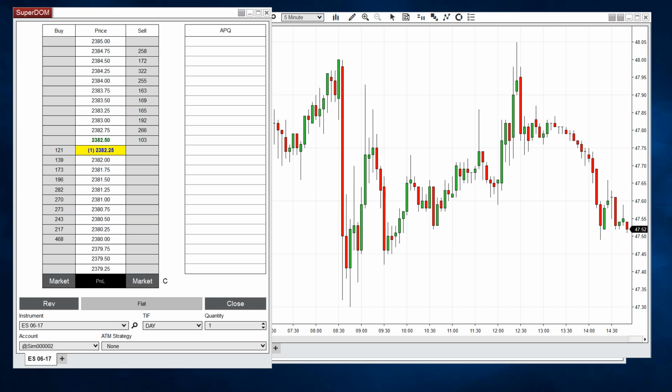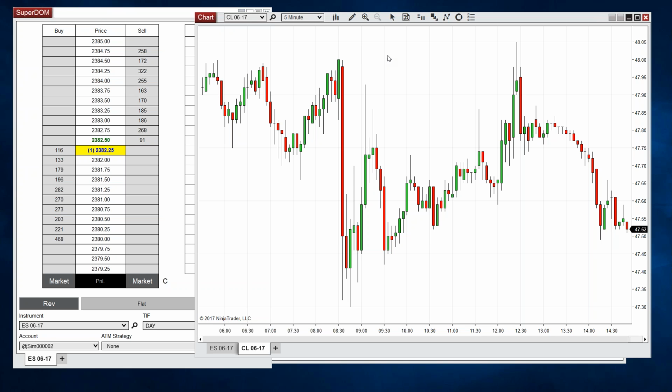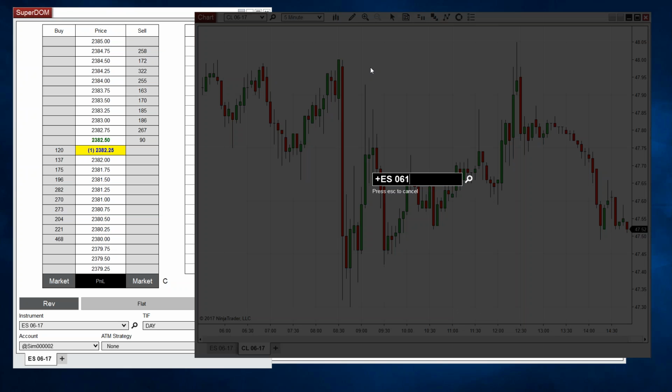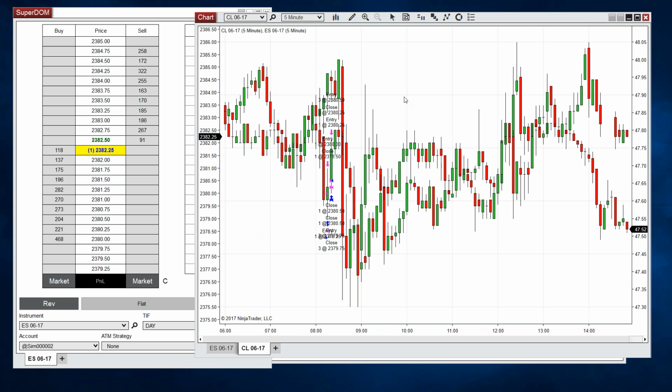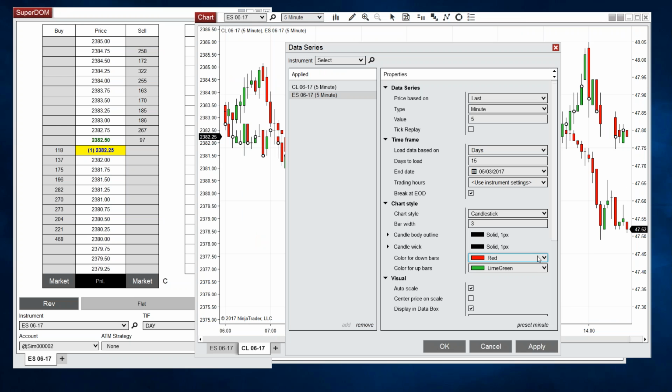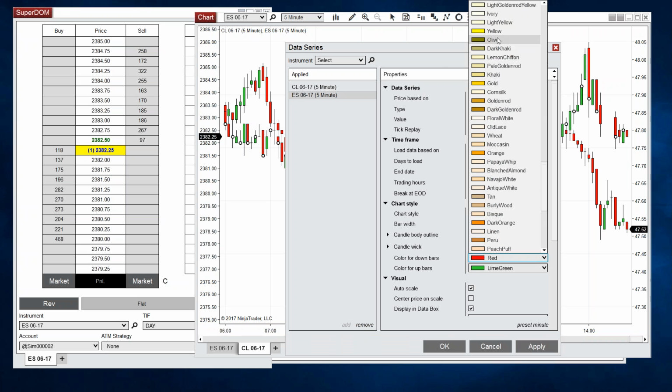When combining multiple data series in a panel, how can I choose which data series is overlaying on top of the other? Okay, I believe I understand that question. Let me add another series and drop that. So I have two. I know they're the same color, so let me change it real quick. I'm just going to pick some random colors, something that'll stick out. Maybe this blue.